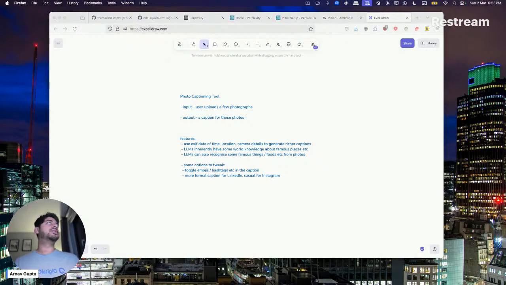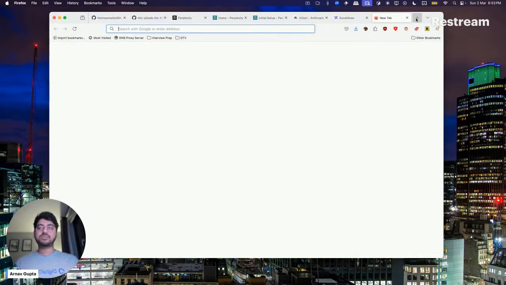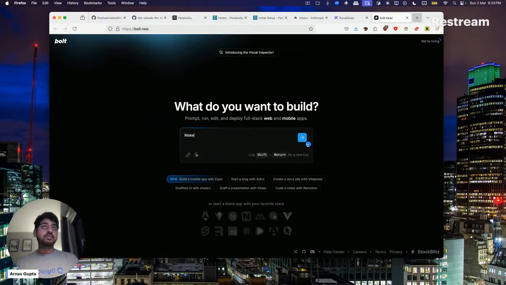Let me write a prompt: make a website where users can upload up to 5 photos, use the OpenAI API to generate a caption for a social media post of those photos.